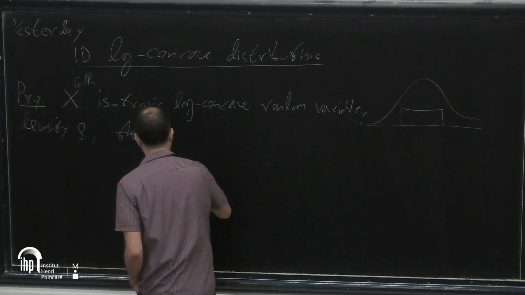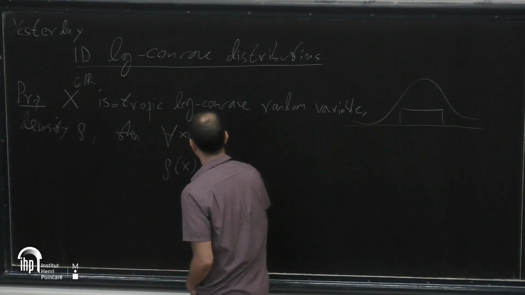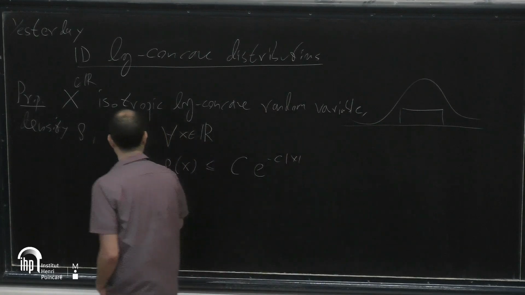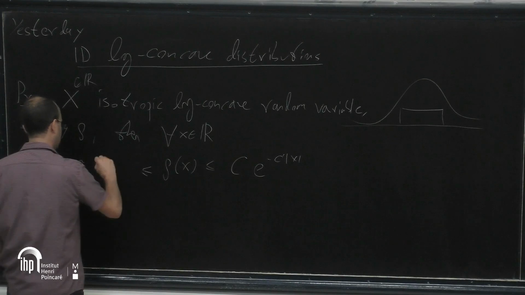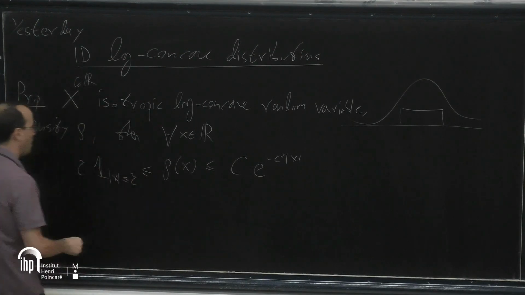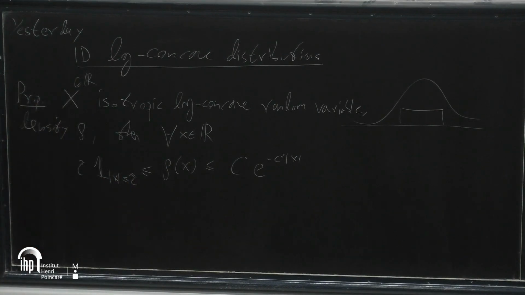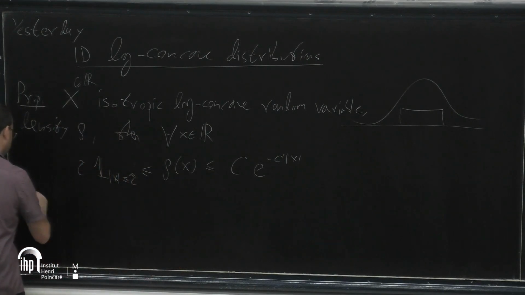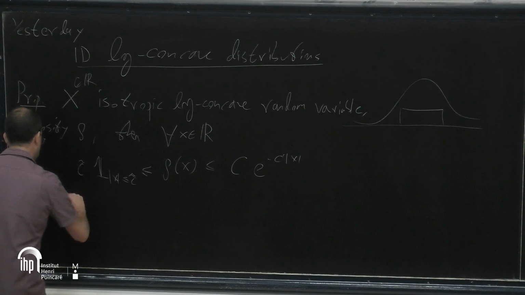Then the density is bounded for any x. The density is bounded between an exponential and, let's put prime, and some indicator function. Okay, and these are universal constants. One corollary was reverse Hölder inequalities. And another one,